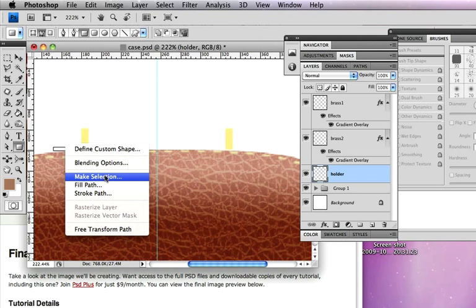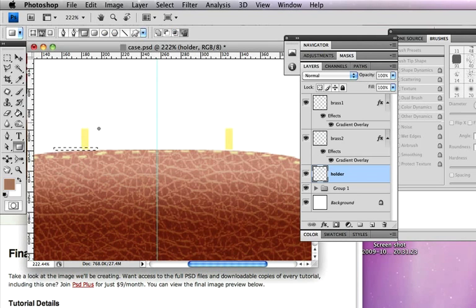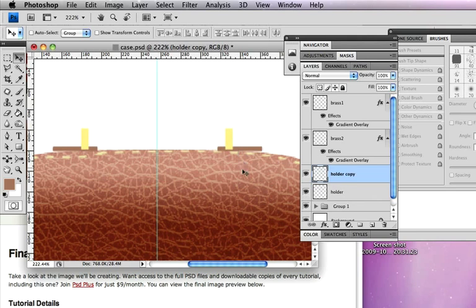Right click, make that a selection, G, and fill it. Okay, and then again I'm going to alt click that and just drag it over like so. It's a little bit, they're a little bit too big,